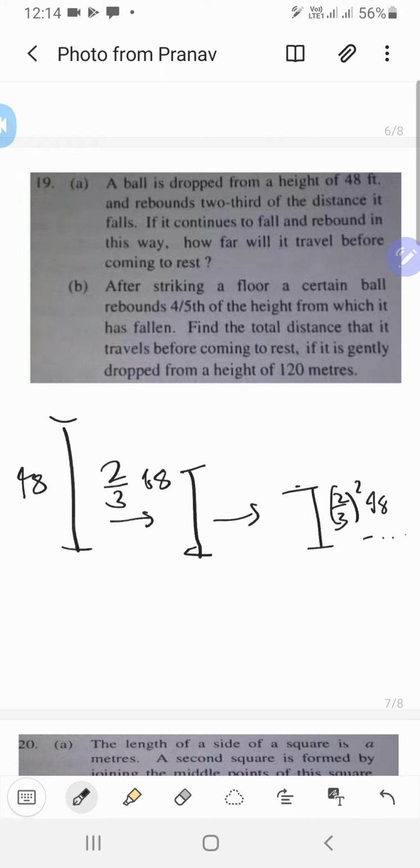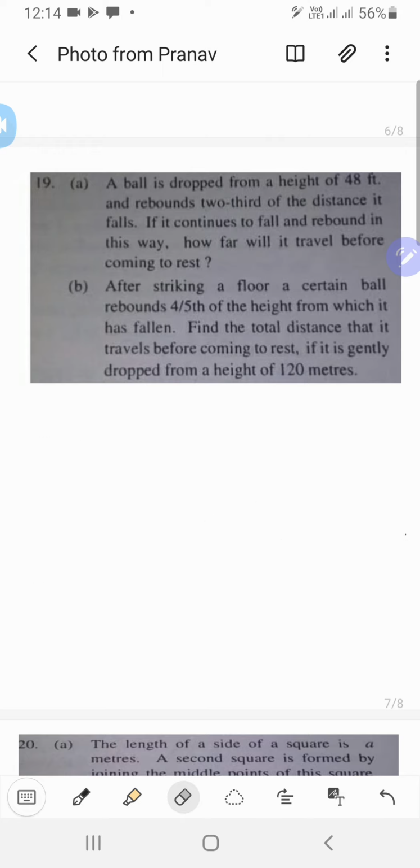Didn't get it. How far will it travel before coming to rest? So what are we supposed to find? Are we supposed to find the distance traveled or the displacement? I think we are talking about the distance, so that's nice. Okay, so the first time it obviously goes 48 feet, then it goes 2 times 2/3 of 48,